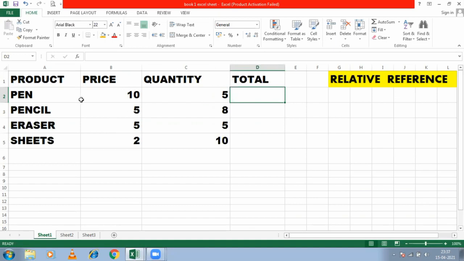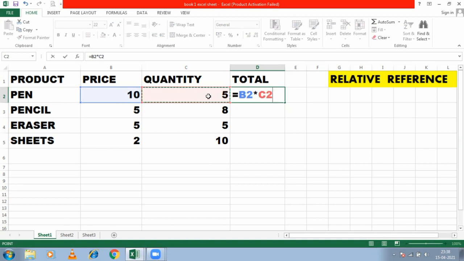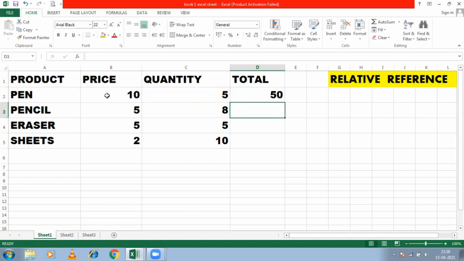So first of all, wherever you want to execute the formula, you have to select the cell. For example, I'm selecting this cell. This is the data which contains the price of pen, pencil, eraser, and the quantity. So now I will be calculating the total cost. How will it be? Equal to, select the cell. For example, I have selected this B2, multiply this one, right? So this is relative, simple. Now press enter. 10 5s are 50. It's clear?